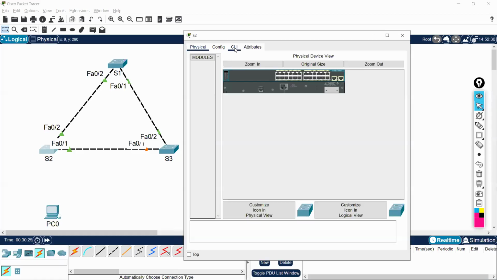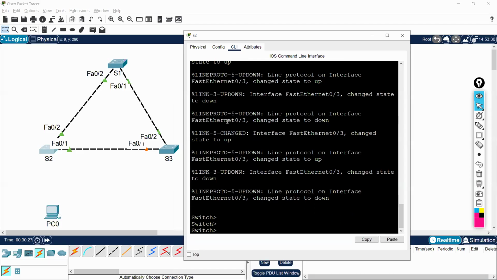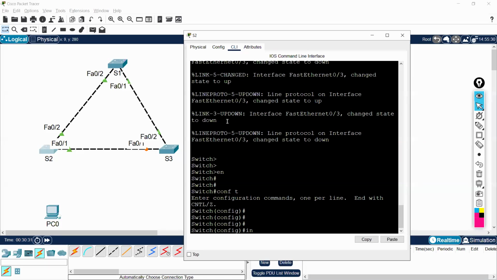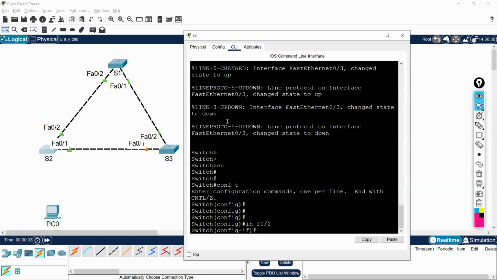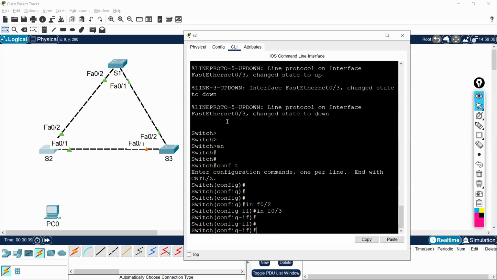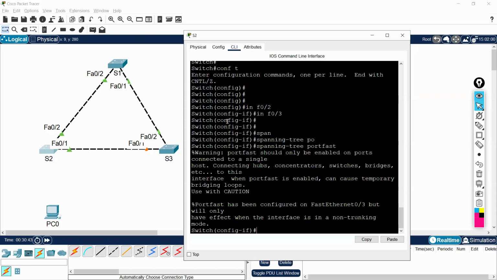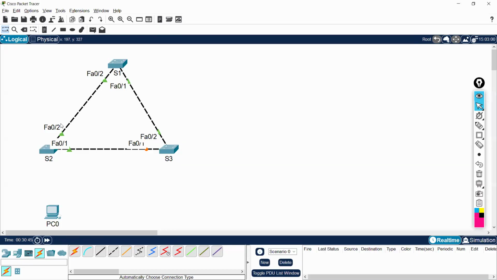I'll go to the switch CLI, enable, configuration terminal, interface F0/3. This is the interface where I want to configure. Oh, sorry, F0/3. And I'll say spanning-tree portfast. Done. Once I say this, now if I connect the cable